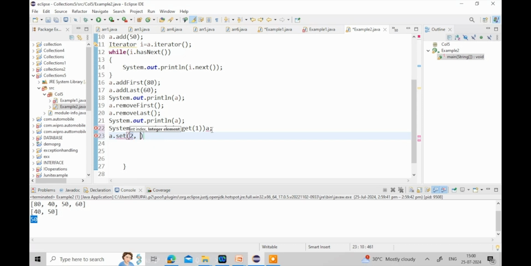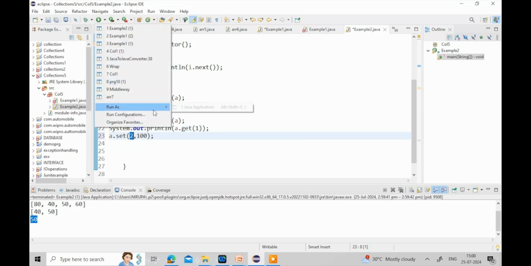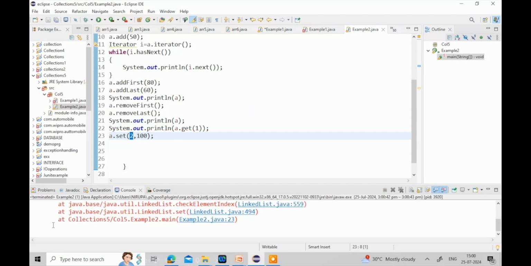We can insert null values and duplicate values also. Both array list as well as linked list contain duplicate values as well as null values. So I'm setting the second index to 100. So let us see after executing this program, in the second position,